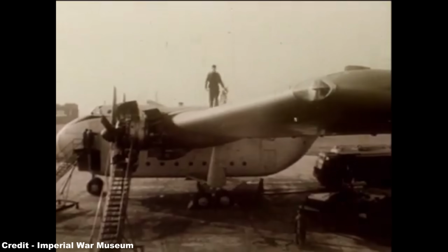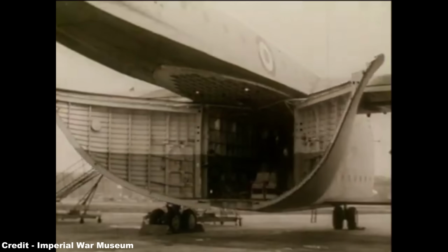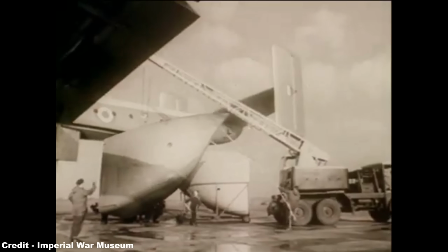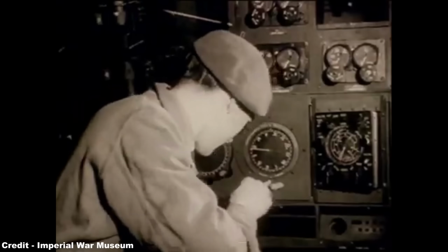The modified second aircraft, registered WZ889, differed from the first prototype by adopting Bristol Centaurus engines in place of the original Bristol Hercules power plants, as well as incorporating a redesigned rear fuselage and an enlarged, more angular tail boom to provide passenger accommodation, the rear cargo doors also being changed from freight loading doors hinged at about 30 degrees to the horizontal